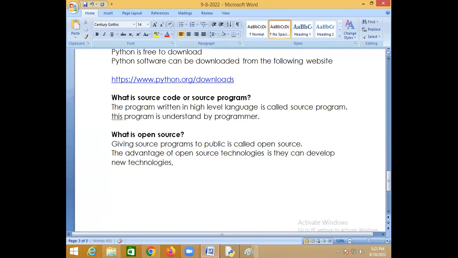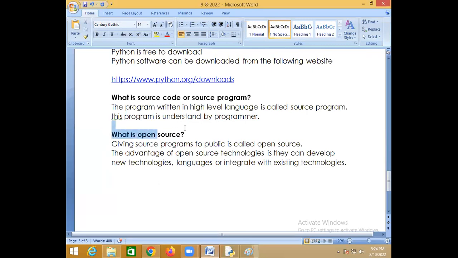They can develop new languages, or integrate with existing technologies. You can use it with other technologies if the source code is open to the public. If the source code is open to the public, you can develop new technologies, integrate with the existing technologies, or make changes and develop a new language itself.